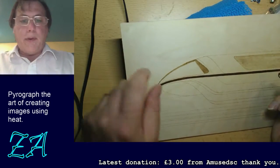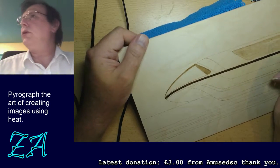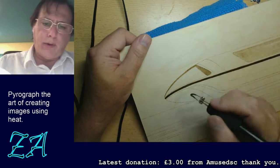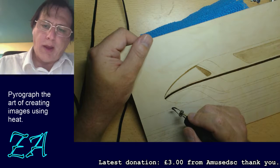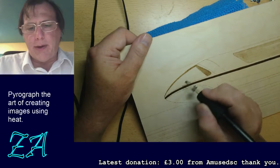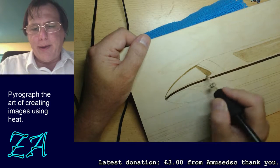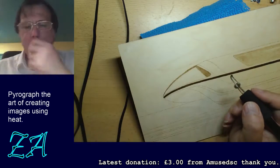Right, I can now do the main glass. How do I want to do this? I'm thinking about which way I want to colour this in. Do I want to colour it on a curve like this, or do I want to colour it this way because the curve is that way? It's actually a compound curve, but